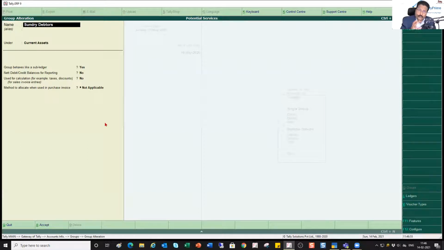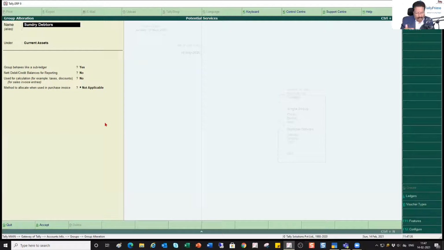So, in situations or scenarios like this, when you are analyzing, instead of taking a calculator and typing out debit total minus credit total and arriving at the result, Tally has this option. I've just given you one example. I'm sure many businesses would know that once you understand the functionality of this option, net debit credit balance for reporting, you will know when to use this option for your optimum reporting purpose.